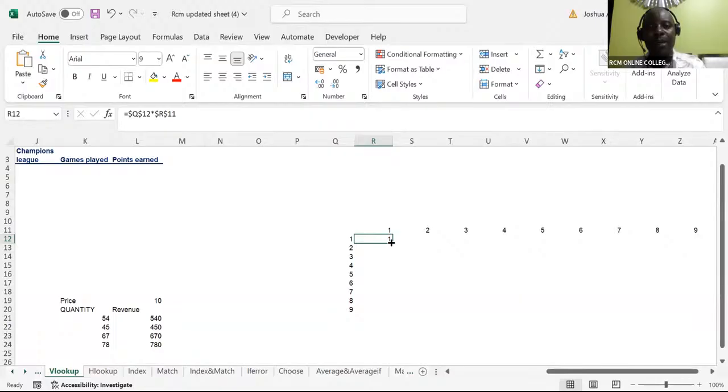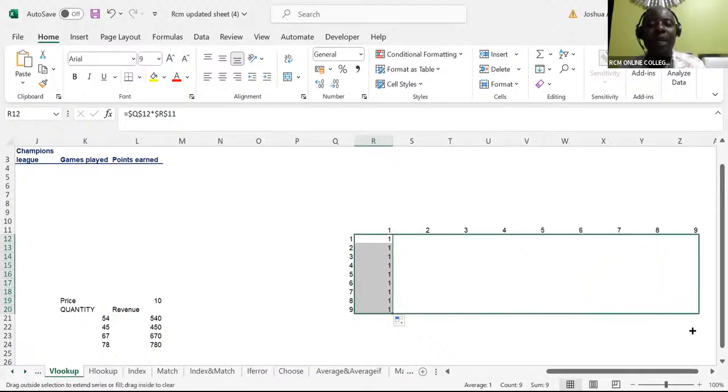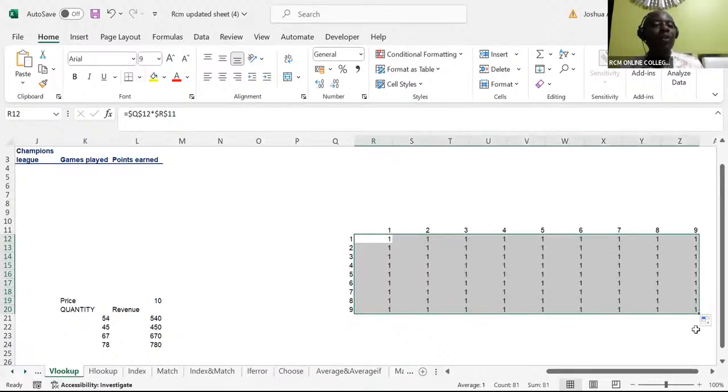Yeah. I ended up getting 1-1 throughout, because it's making reference to this 1 times 1, regardless of where you move. It's going back to 1 by 1. So if I say Control Z,